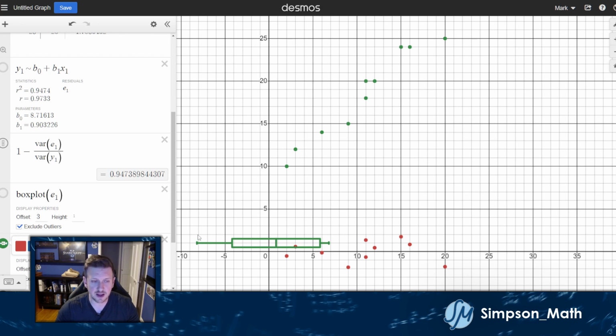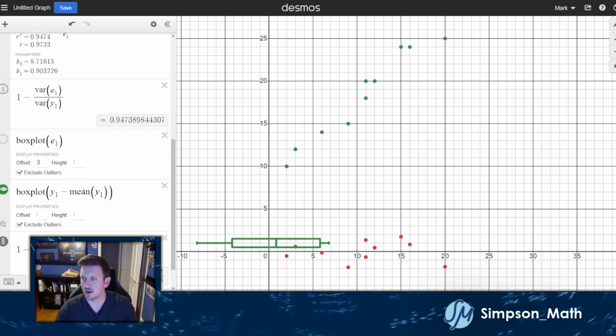So if I have this green box plot here, if I just take these green dots and smush them onto the y-axis, and then I make a box plot out of it, pick it up, and then just set it down. And I'm setting it down so that the 0 is at y bar, just because I kind of want it down there. That's why I have minus mean of y1 here. Cool. Let me turn that off so we don't get confused. All right,